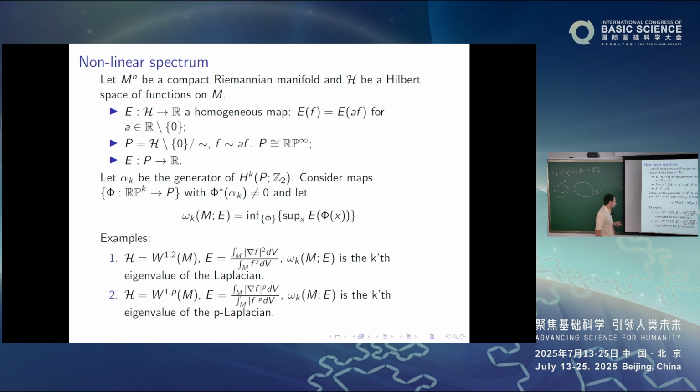They will be eigenvalues. They may not be all of them. So you will get eigenvalues of the P-Laplacian that way. It's not clear if you get all of the eigenvalues of the Laplacian. That's right. It shouldn't be the case. It should be some sequence of eigenvalues. That's right. Sorry. But in that sense, yeah.